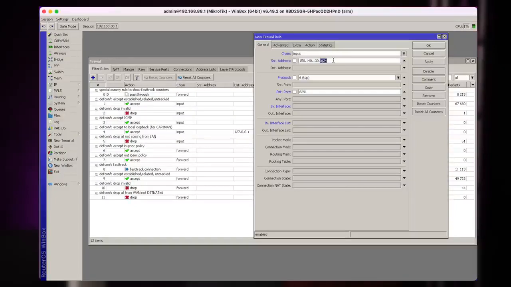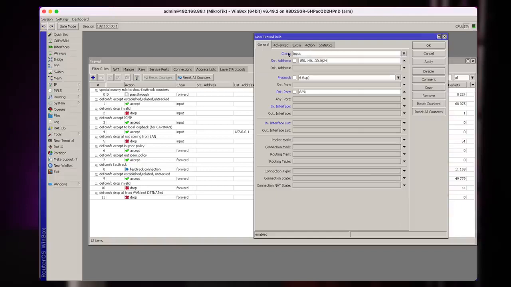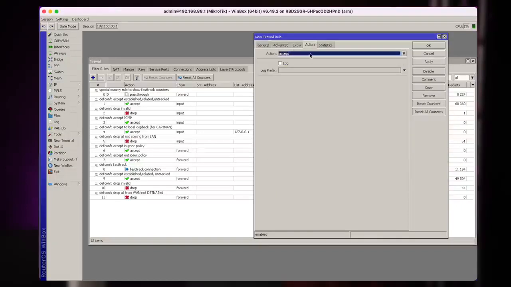Of course, you can just type your specific address, but in this case, I'm going to allow all of the network into the router here. This is very dangerous, like I said before, but well, this is an example. So we're dealing with traffic coming to the router. This is the source network. This is the TCP protocol destination port. Action, accept. So this will allow the traffic.